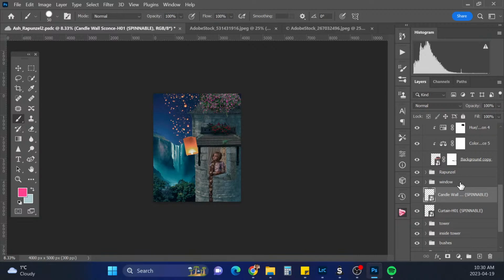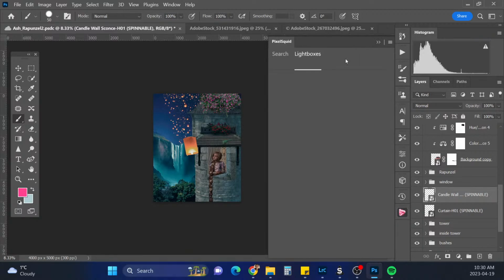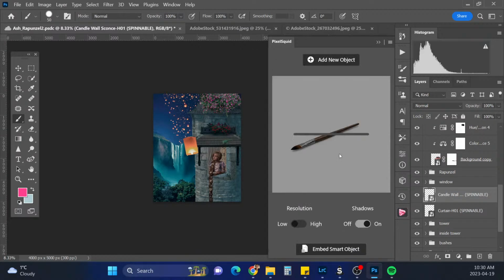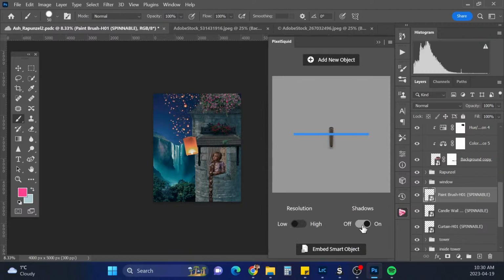Okay, and then we also have a paintbrush. Turn the shadows off and put it on high resolution.